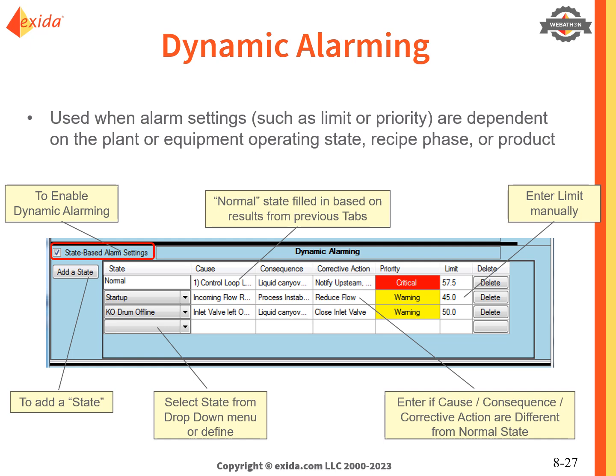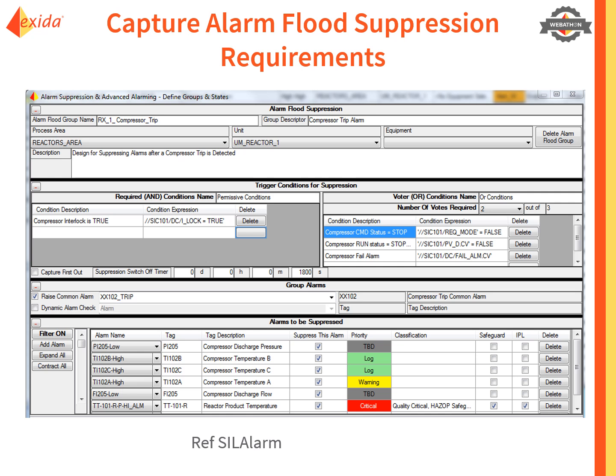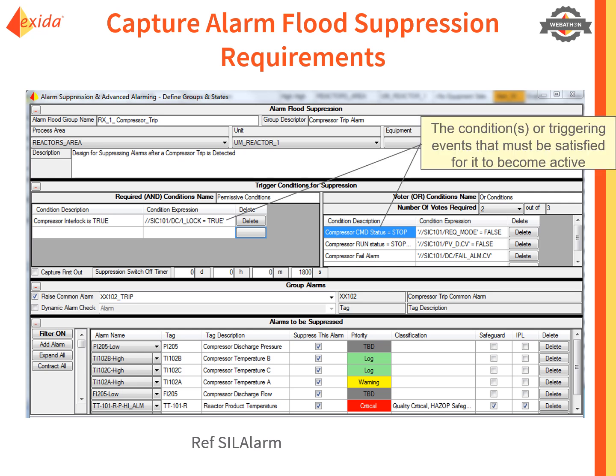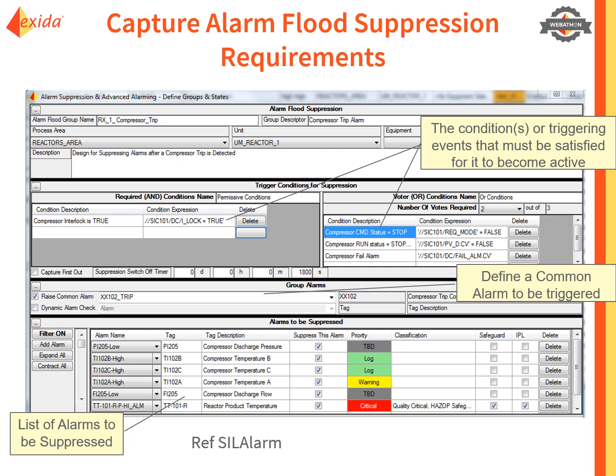And in this example, the alarm attributes have been changed by dynamic alarming, so the priority of the alarm has been downgraded from critical to warning because the plant is in a startup state. So another advanced alarming technique is flood suppression, and this is where an event produces a plethora of alarms that you don't really need. What you really want to know is just have a single alarm that tells you that the event has occurred, and what you can do then is use that alarm to suppress all the other alarms